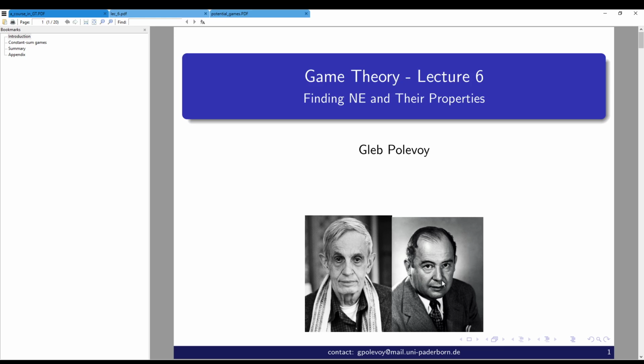So we have discussed mixed Nash equilibria and their existence. Let us now talk a bit more in detail about how we can find Nash equilibria, at least in simple cases, and which properties they have. You see the photos, by the way, of John Nash, who is responsible for defining Nash equilibria and for proving their existence